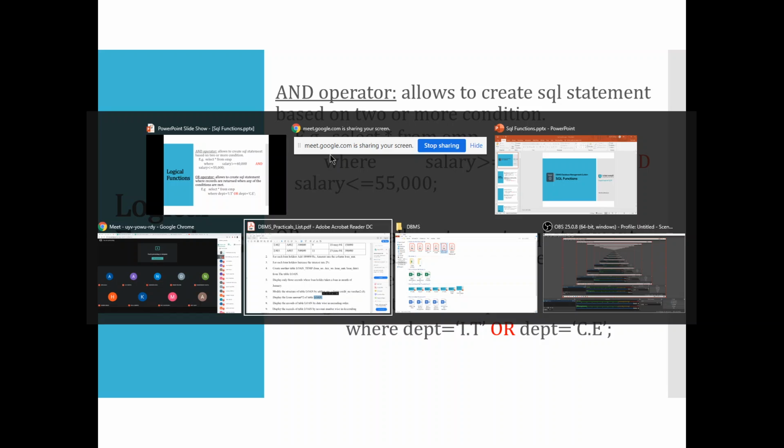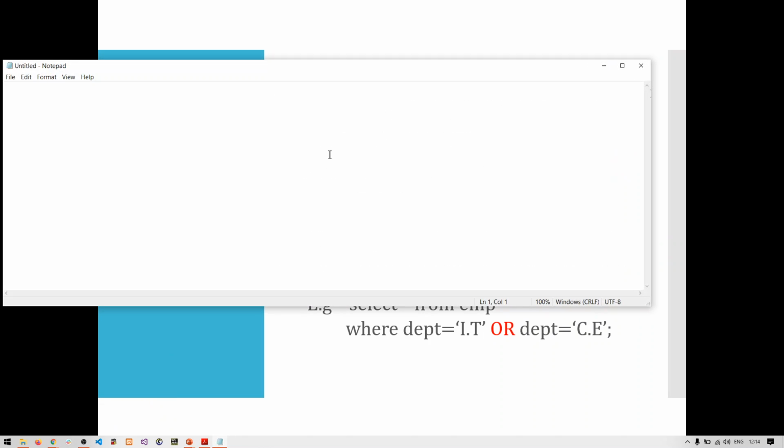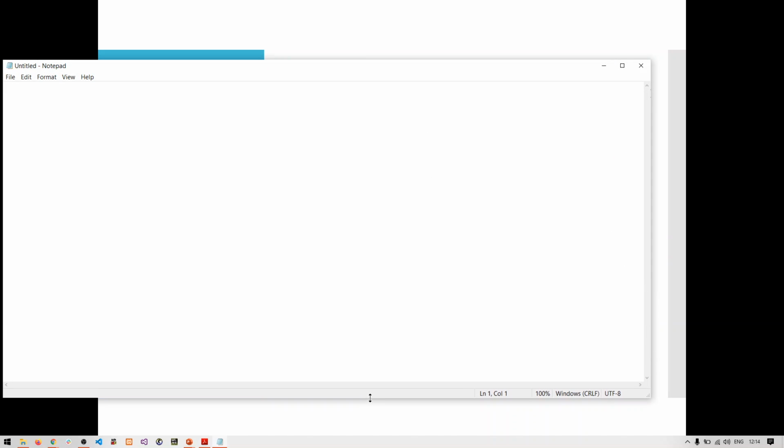So let me take an example here, in my notepad file. I hope it is visible to everyone, my notepad file, right? Let me just zoom it and have some bigger fonts. So I want the data like this.